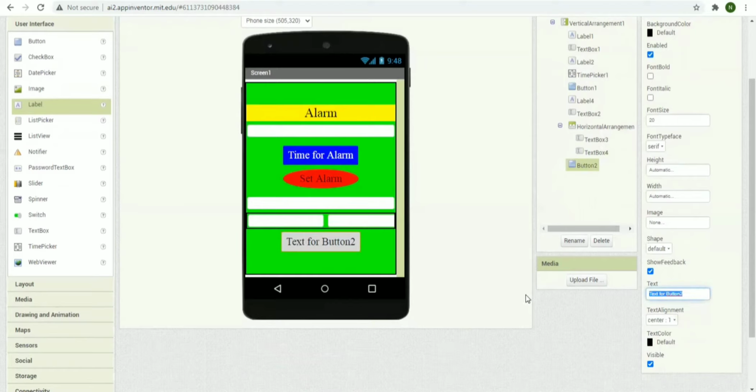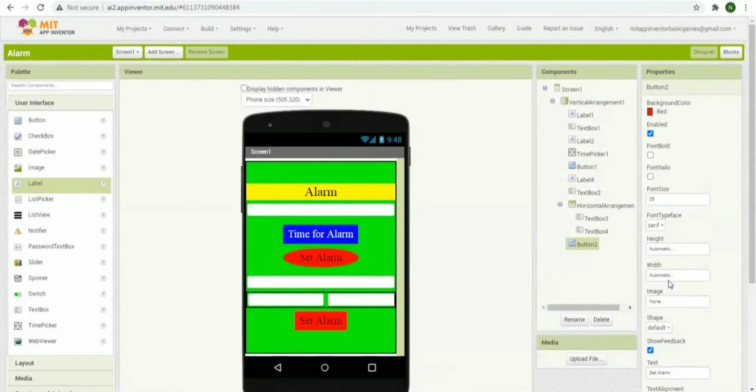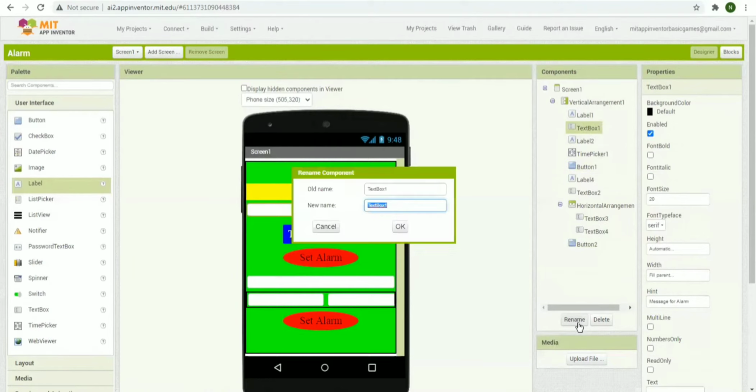Button 2 is going to be set alarm, and we'll add a background color, let it be red only, and width as 50 percentage and shape as oval. So after this we can rename this. So text box 1 we'll rename this to alarm 1,